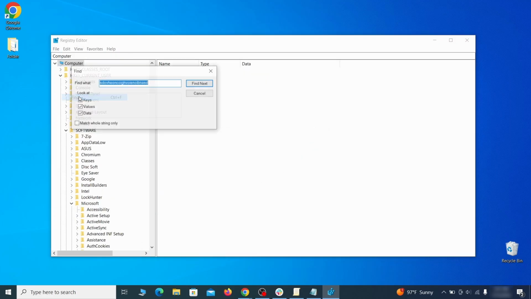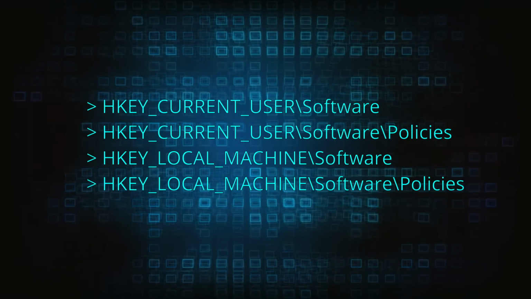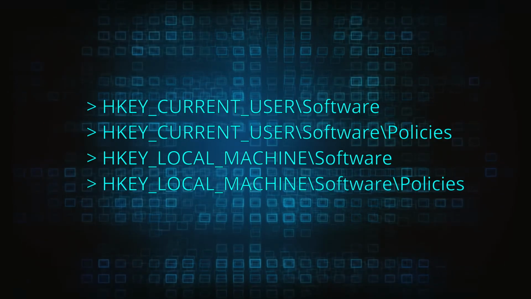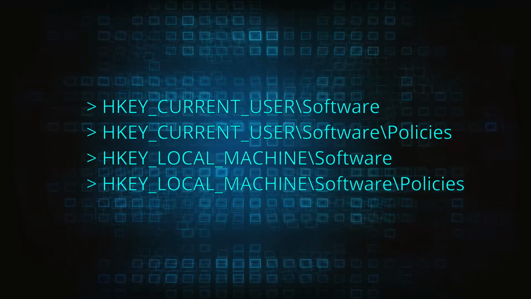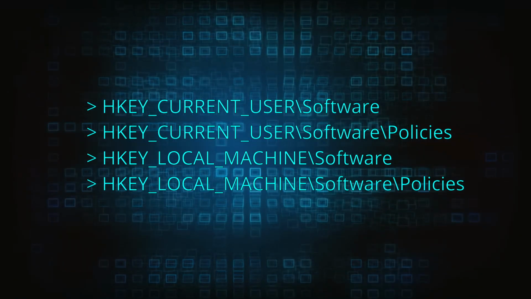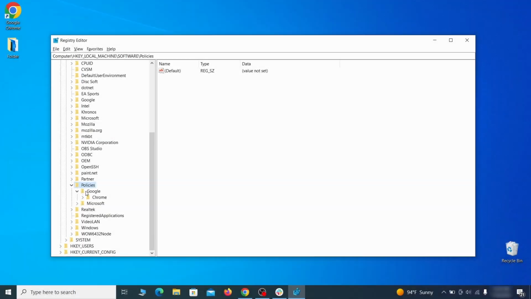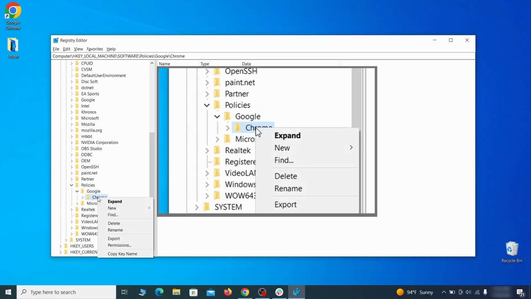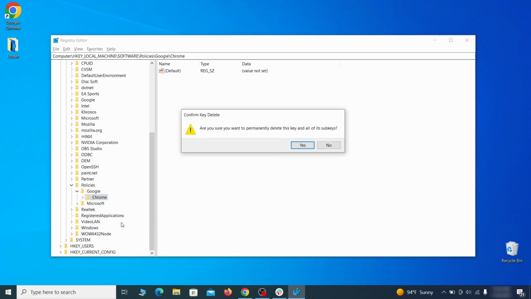Do the same with all other policy values and extension IDs that you collected. Next, navigate to the registry editor paths you see on your screen and check them for registry subfolders, also known as keys, that have the name of the affected browser. For instance, if you go to Local Machine, Software, Google, and there's a Chrome subkey inside it, you must